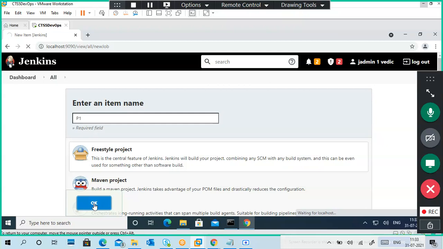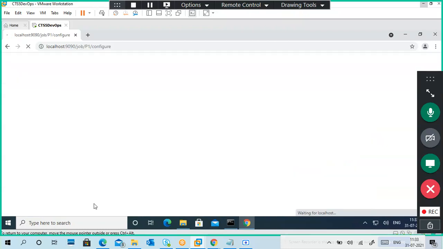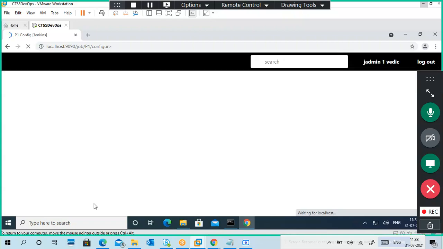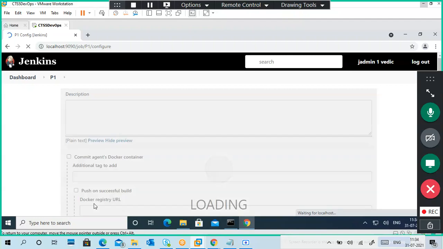VMware vSphere or ESXi is a server virtualization. If I install Docker, then it will die.